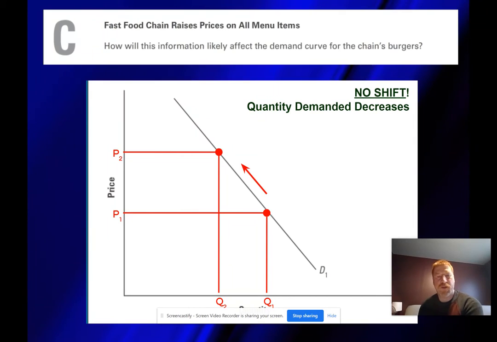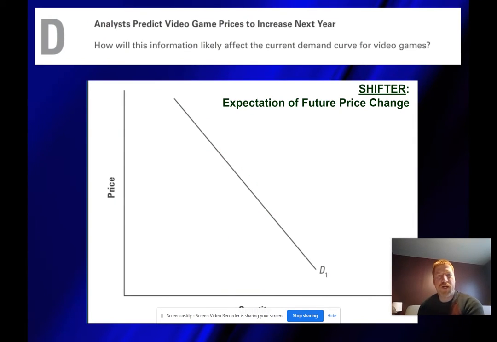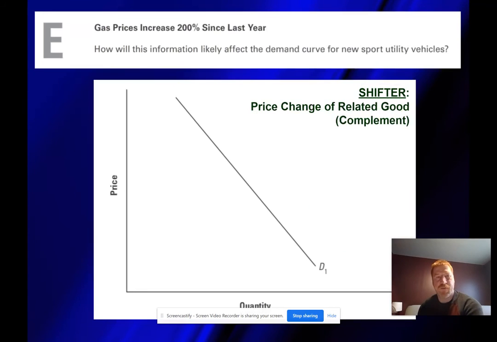You can see there the price going up there. Now this one talks about prices too, and it says video game prices to increase. But then it says next year, and this graph is thinking about right now, what would you do? So if the price of the video games goes up next year, what would you do now? Would you want to buy them at a lower price, or would you want to wait for the higher price? Well, you probably want to buy them now before they get higher in price, so the demand would increase. And the reason being that it's an expectation. So when you use the words next year, it all of a sudden becomes an expectation in the price change. And so then you would shift the curve.